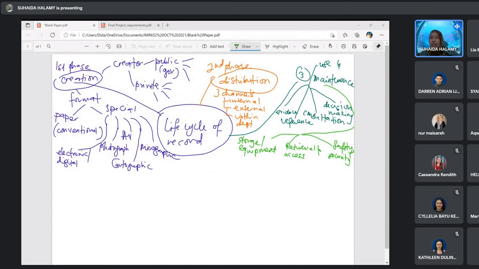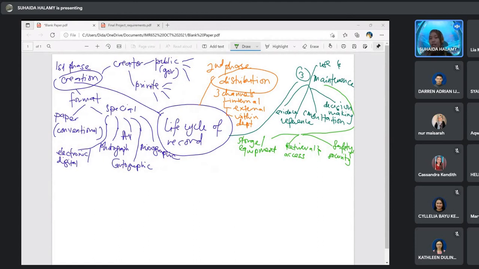Okay, and then for the retrieval and access, since that document and records ni can be accessed by the staff, kan? Boleh access by the staff. So you have to ensure they must have the procedure to access the record. For example, when you want to access record from HEP, you need staff from HEP. You tak boleh pergi simply, you pergi je ambil record. Tak boleh.